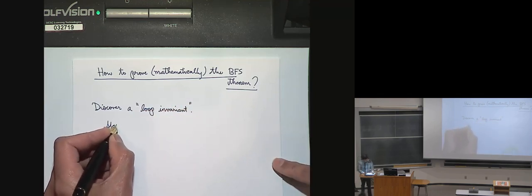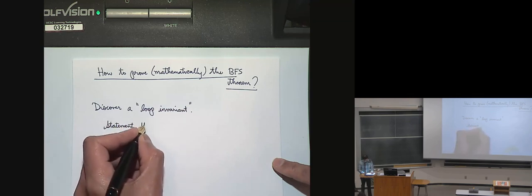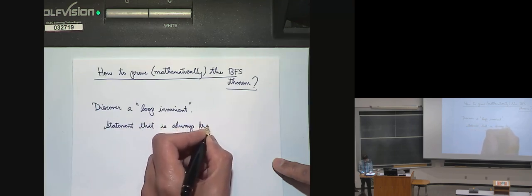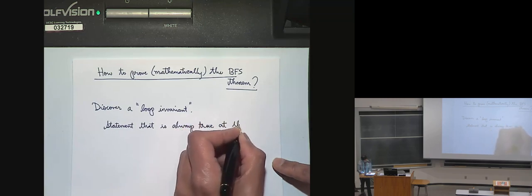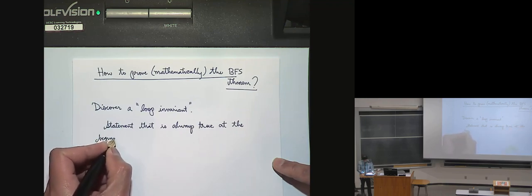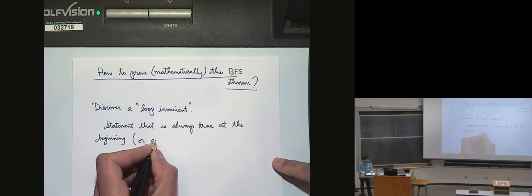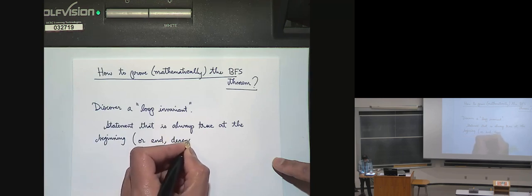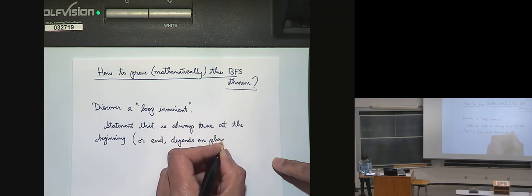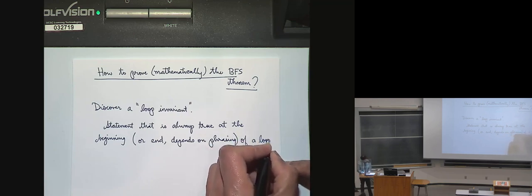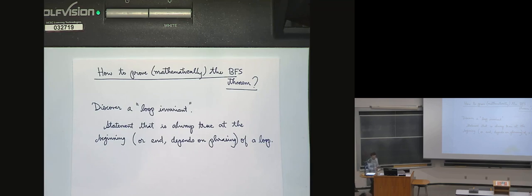It is a statement that is always true at the beginning, or depending on how people do it, sometimes we'll say the end. That depends on phrasing. Of a loop. So it's some mathematical statement that is true at the beginning or at the end of a loop. And if you look at BFS,